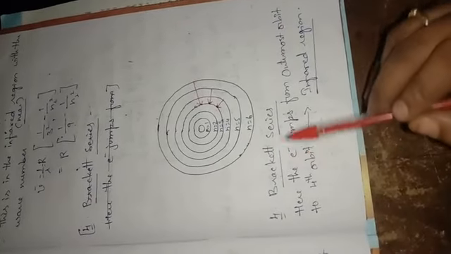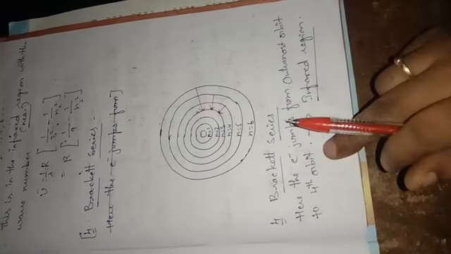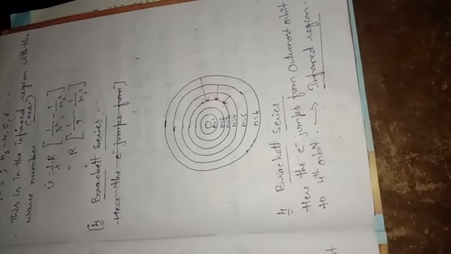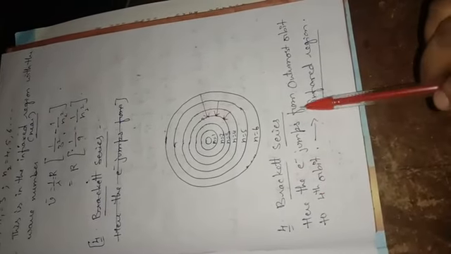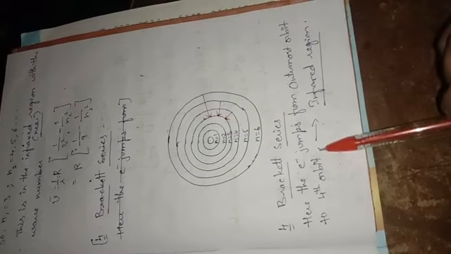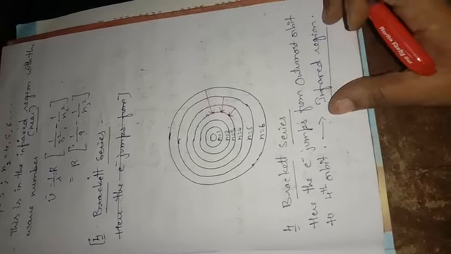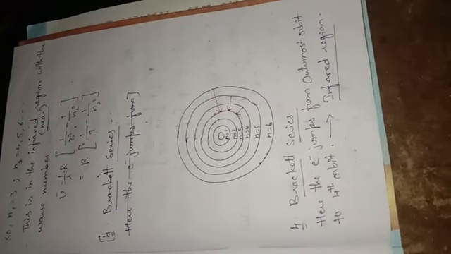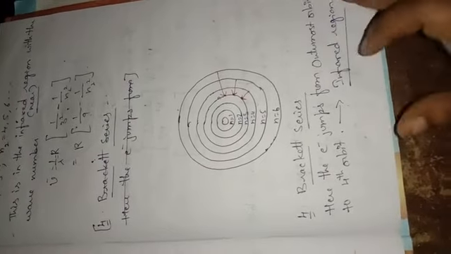Understand? Yes. Next, the fourth series, that is called the Brackett series. So fourth means the electron jumps from the outermost orbit to the fourth orbit. Simply you can remember. If you write in a sequence, in a series, then you can write without confusion. So the fourth one is the Brackett series. So here the electron jumps from the outermost orbit to the fourth orbit. That is where we are going to get these spectral lines in the infrared region. This is the near infrared region, and the Brackett series we are going to get in the infrared region. So whatever spectral lines we are going to get, that all comes under the infrared region.